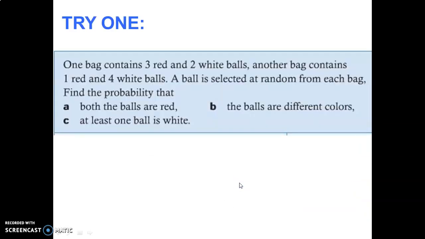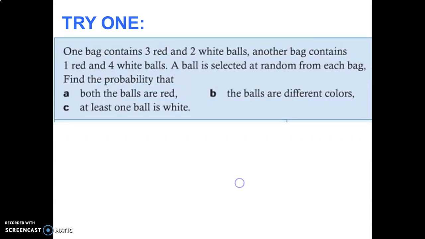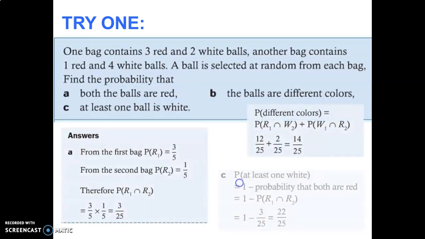Last problem, try this out, and check all your work here. Hope that went